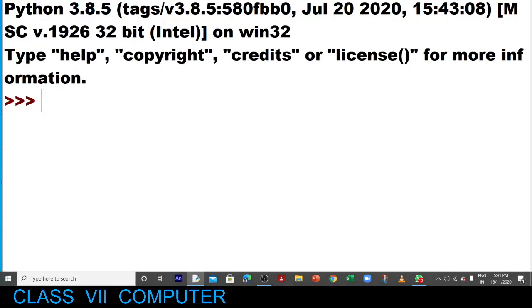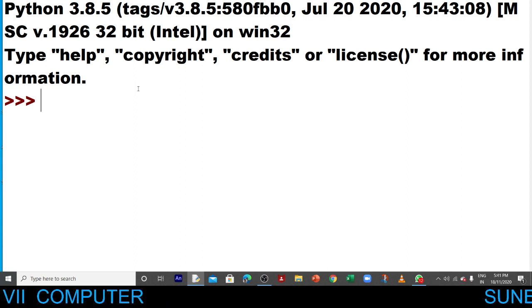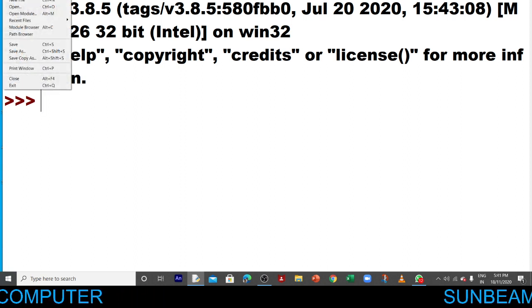Let's see the screen. This is the Python screen, children. And now today we will go to File, New option, another mode of writing the Python program. Okay, now we will start the conditional statement. So the first one is the if statement. The if statement is used when we have to evaluate only one condition.